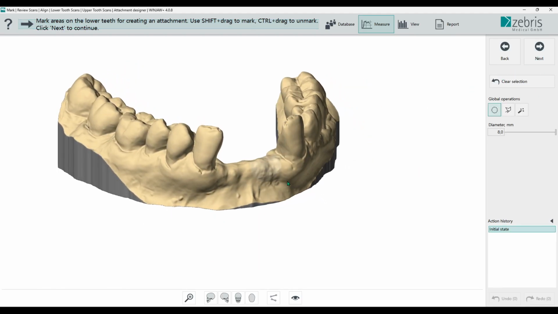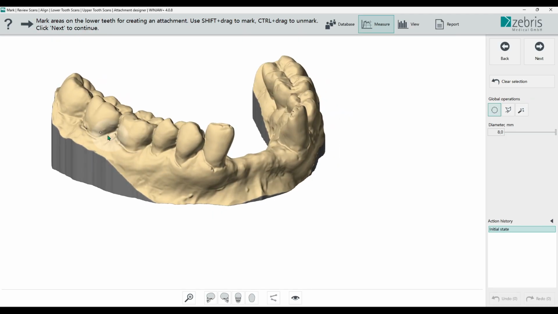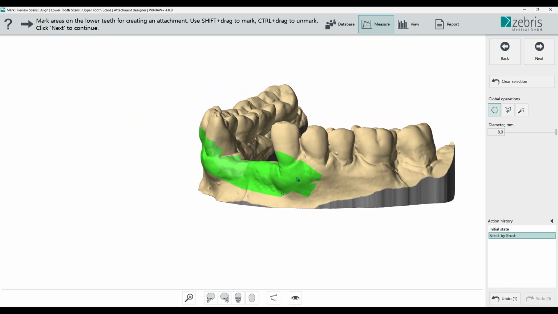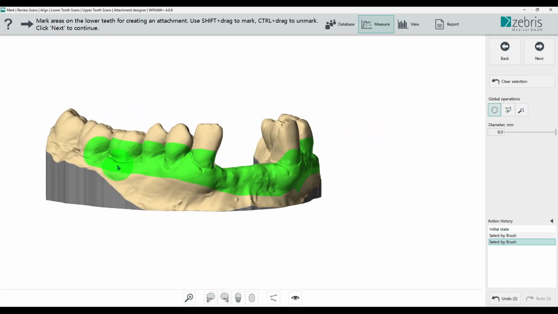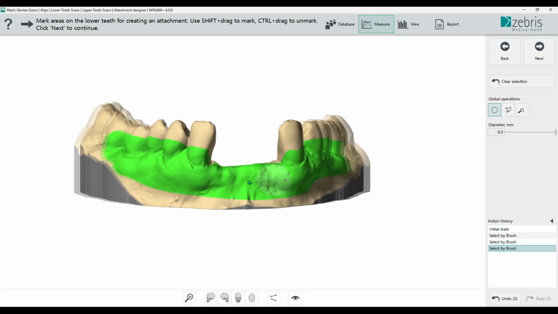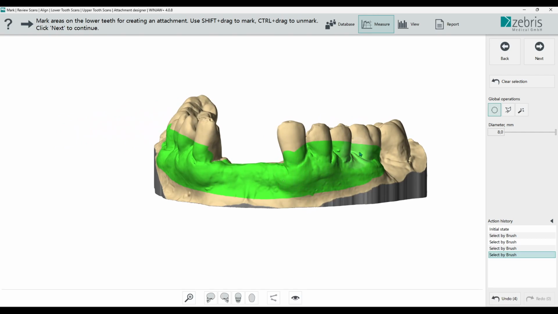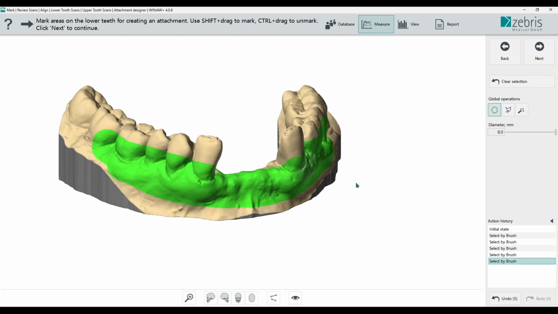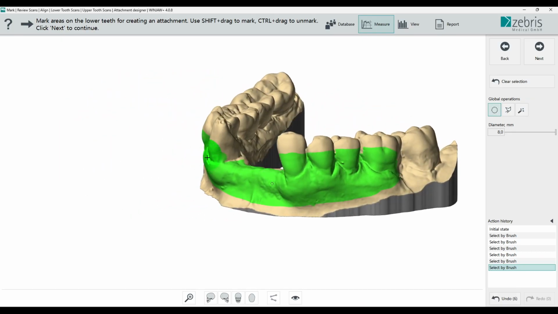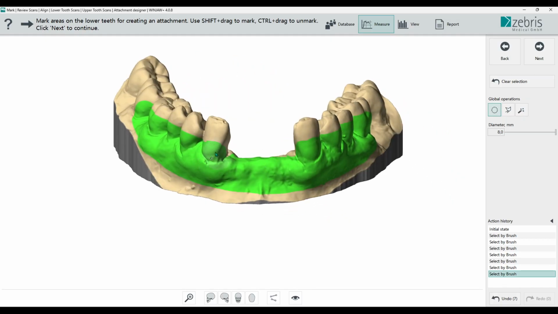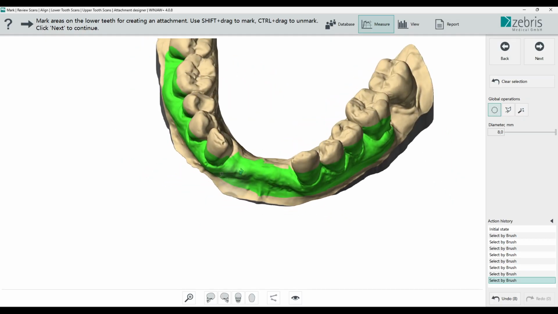Now here we can simply mark, as we know, our attachment with the pencil, use the gingiva for support, as we know. Of course, we can now use these teeth for a good clamp of the attachment on the teeth.